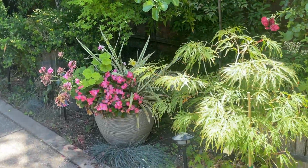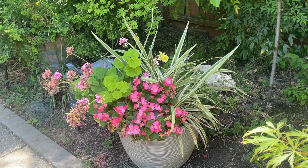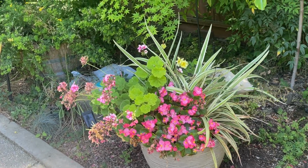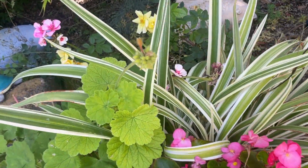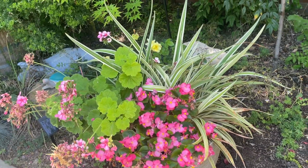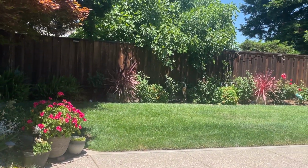This is last year's. So there's some Surefire begonias, and then the geranium that I planted from seed, and that was a star geranium. But I love this one right here. I love the color of the green and white. Almost looks like a spider plant. But I would like maybe trees over there in the pots,